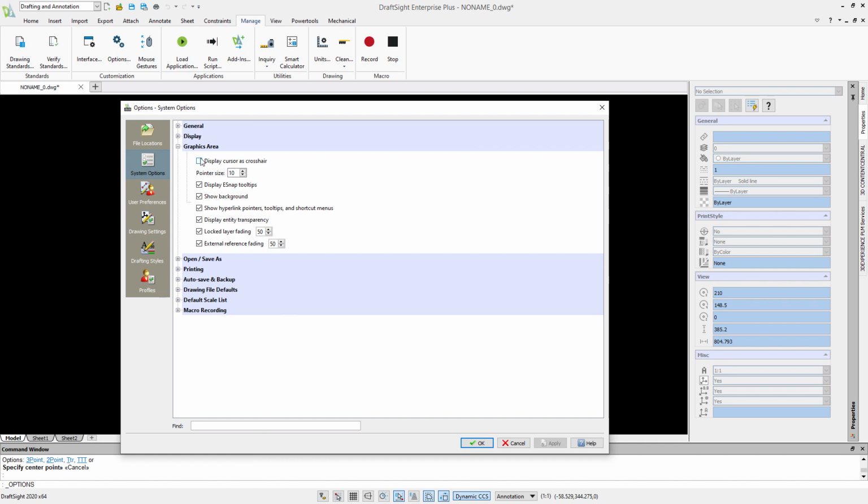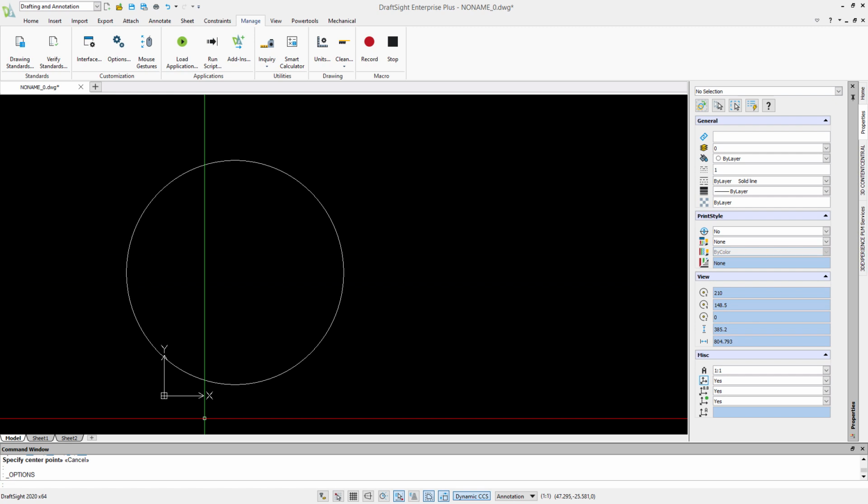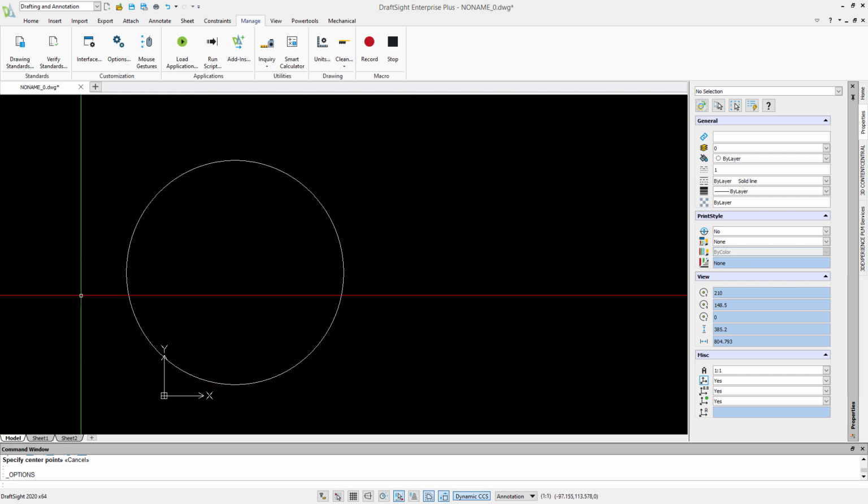So I can go and select that. It's now highlighting the tick box, so I can just go and select it. And I could also adjust the size of the crosshair. So one option I quite like is to set that to 100, so it's going to be the full width of the interface. So now when I hit OK, you can see we've got this full crosshair going all the way across the screen. Some people like it. It might not be your preference, so just see which options you prefer.